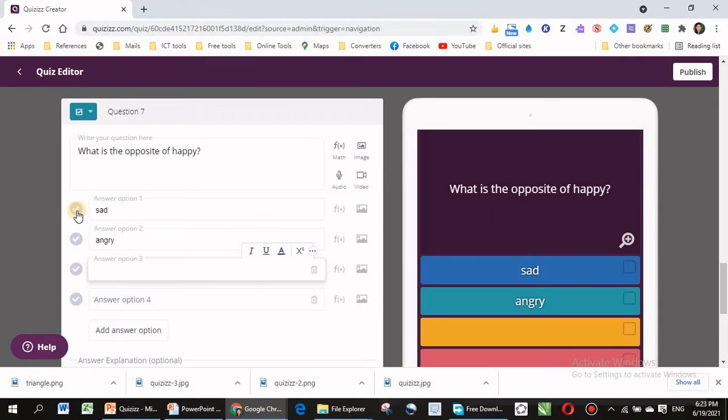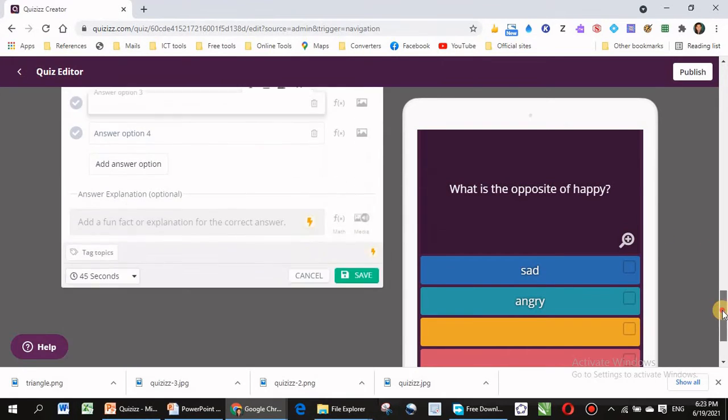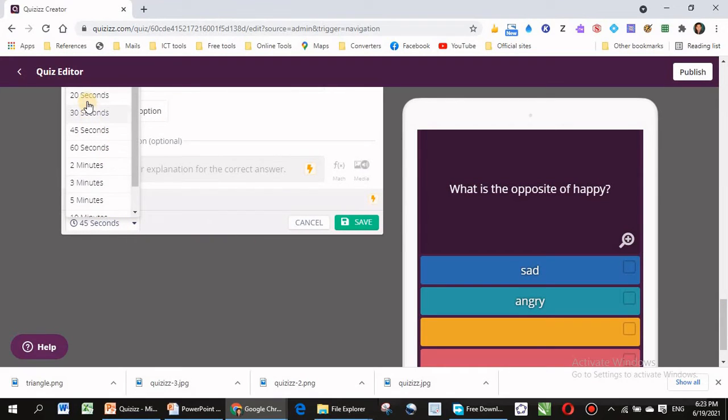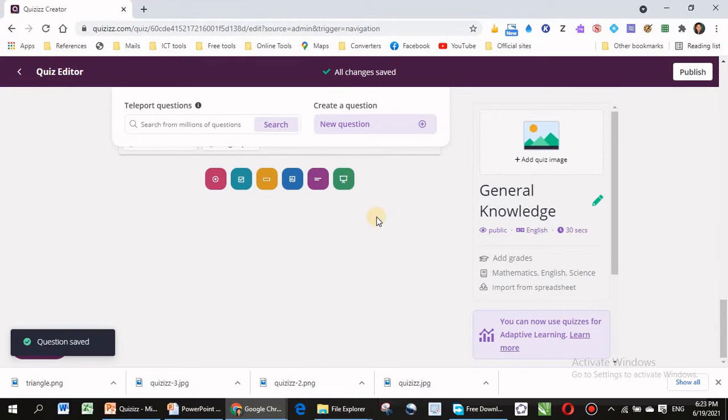Select the correct answer. You can give more than 2 alternatives also. You can give some more alternatives. I am going to select the correct answer. The correct answer is sad. Then scroll down. Give time only. I am going to give 20 seconds for this. Then click on save.